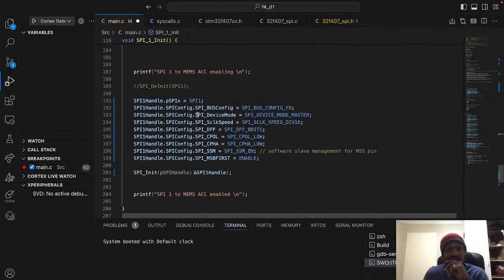Cool. So what is this doing? We are setting up the SPI1 peripheral, and full duplex communication, where the device mode is master. We are dividing by, so it's probably divide by 16. If we have a 16 megahertz clock and we divide by 16, we're going to have a 1 megahertz SPI clock speed. And then our data frame format is 8 bits. We have clock polarity of low, clock phase of low, and we enable soft